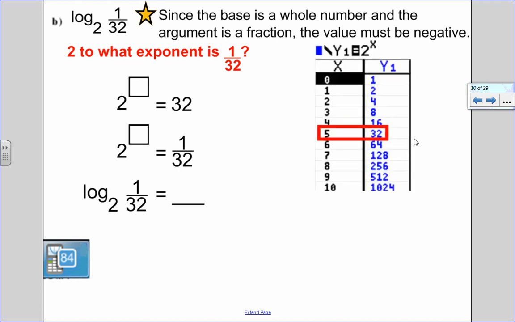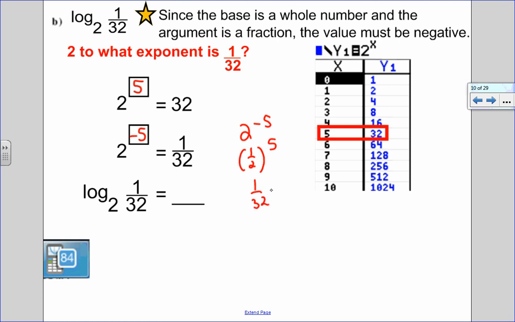So here's my powers of 2. So I know that 2 exponent 5 is 32. But since the answer is a fraction, I know that my exponent has to be a negative. So 2 to the negative 5 equals 1 over 32. And I know that because when I have a negative exponent, if I were just to be given this question to evaluate, I would take the reciprocal of the base raised to the positive exponent,